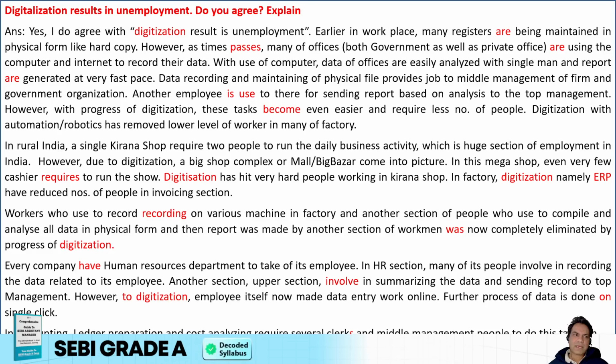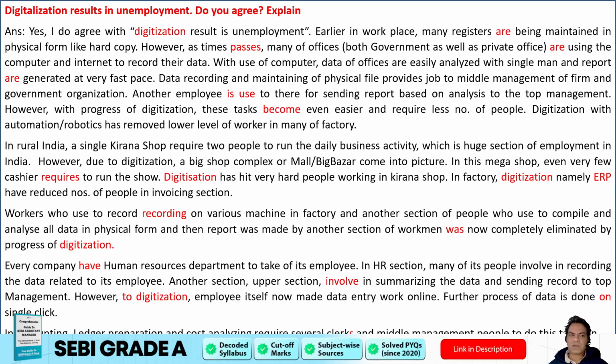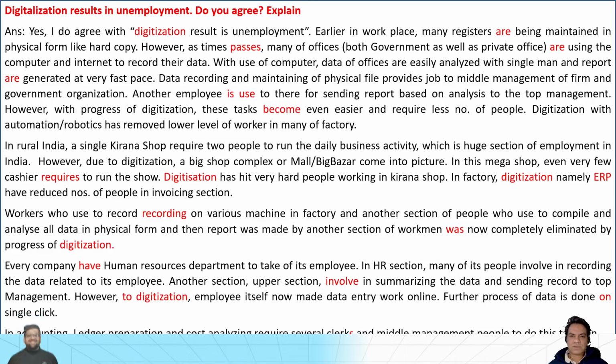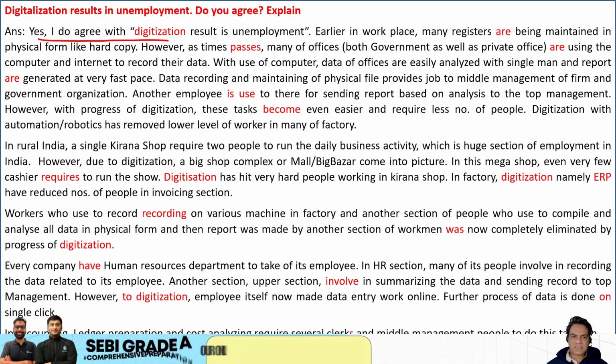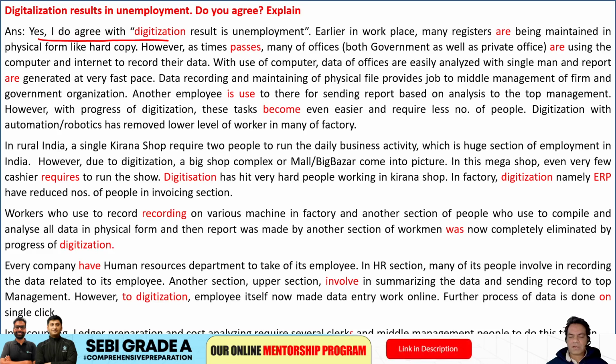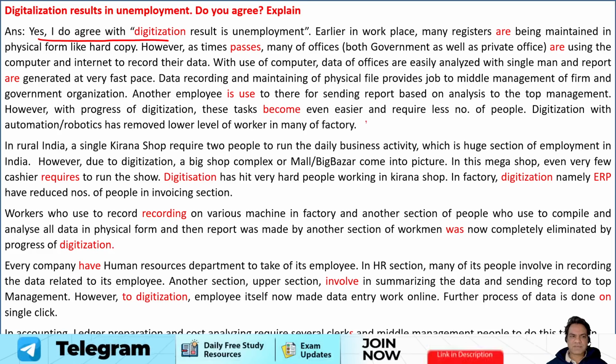Okay. Now guys, let me show you some examples of poor essays. Now this is what a poor essay looks like, right? You don't know how to start your essay. Yes, I do agree with the digitization. You don't start your essay with yes or no. Then there are so many grammatical mistakes. There is no structure. There is no proportionateness in this. First paragraph is so big. Second paragraph is again small. Third is only one line. Fourth is again two lines. Last is only one line. This is not how you structure an essay.